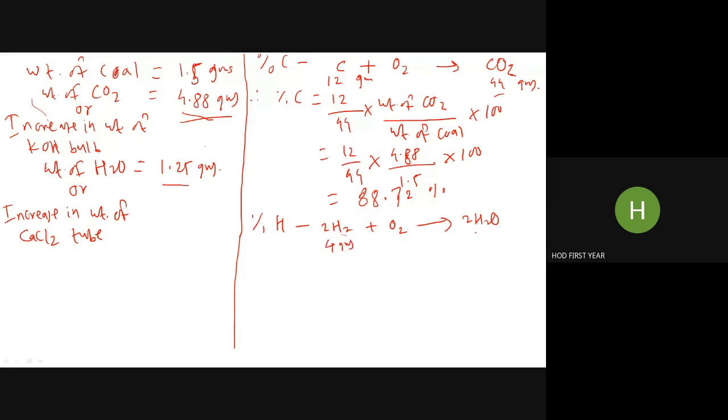Okay, 4 gram. And two molecules of water. One molecule of water is 18. Okay, 18 into 2 is 36 gram. Okay, 36 gram. So if you know this, you can derive the formula for hydrogen any time. So weight of reactant means hydrogen, that is 4. We have the weight of product means water. 2 water means 36. Okay, into actual weight of water produced during the experiment.